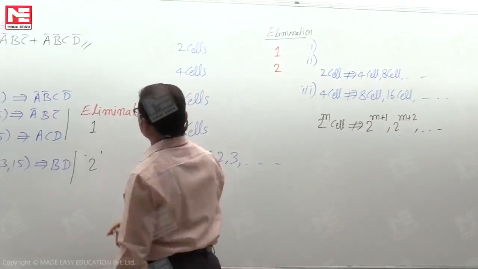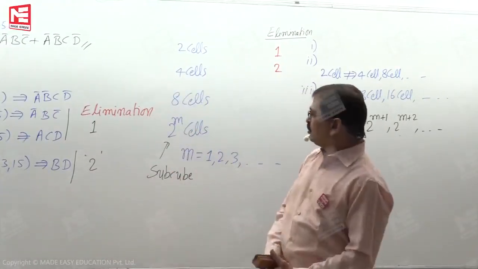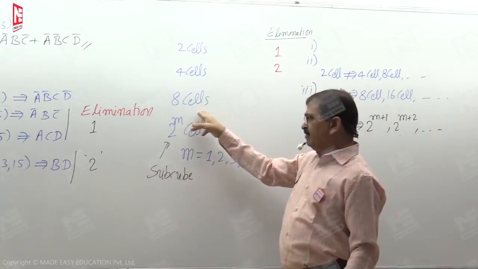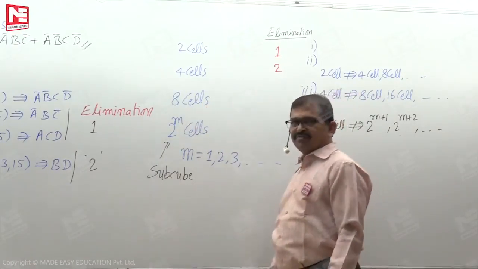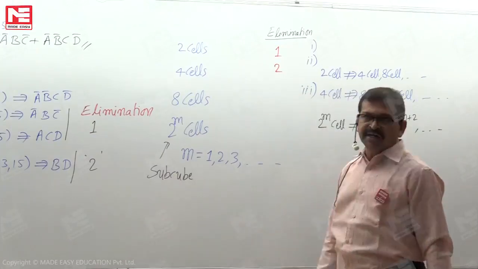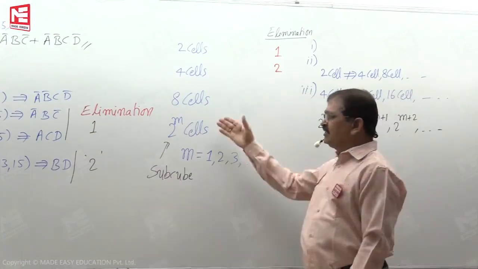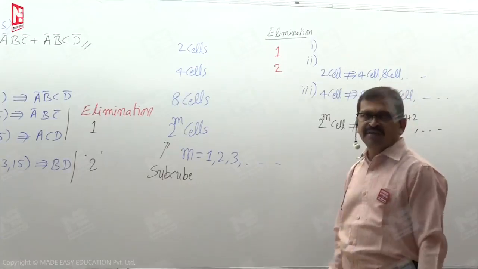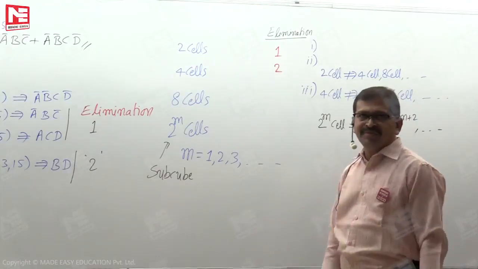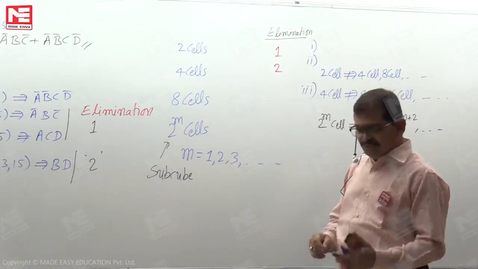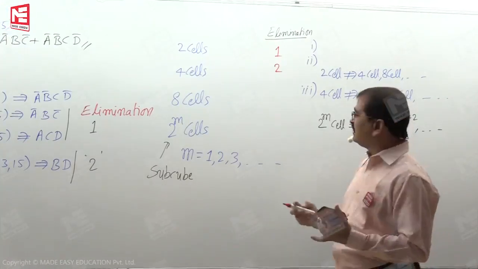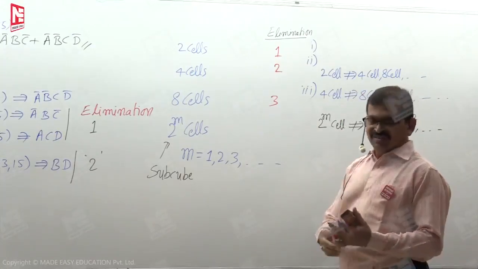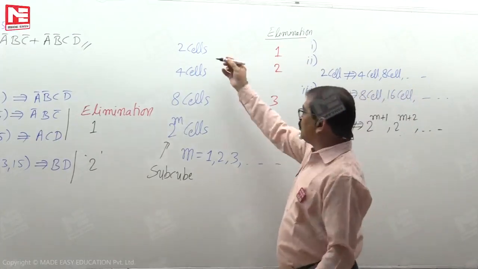So based on this, if the question is, for this 8 cell subcube, how many variables are eliminated? Based on this work, the answer must be 3, because whenever we are having a 2 cell subcube,